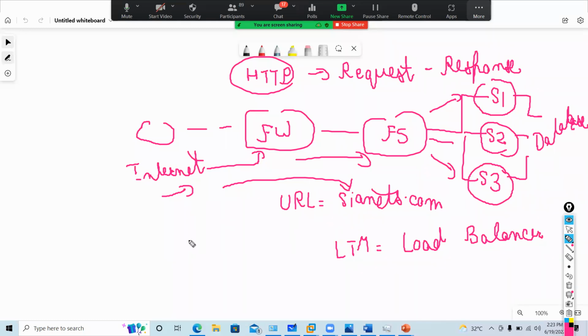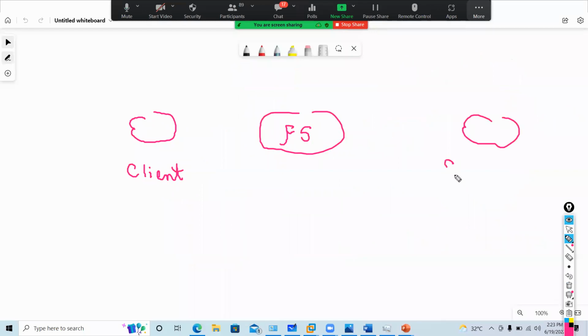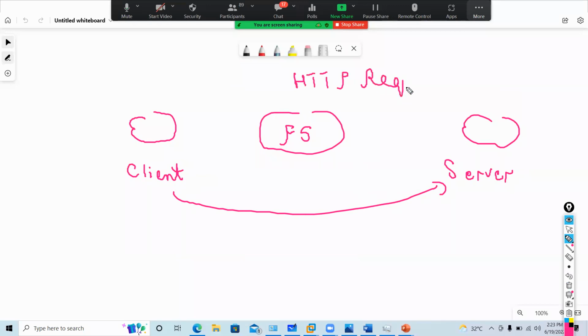But when I talk about ASM, what does it do? This is my client, this is my F5, this is my server. Your client will interact with your web server by sending an HTTP request.